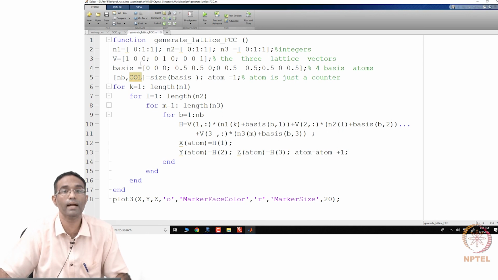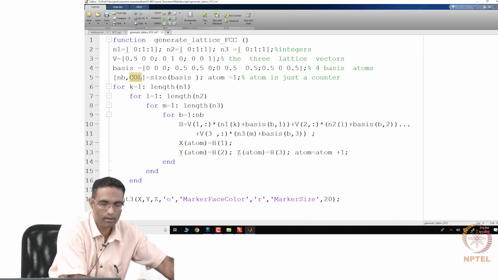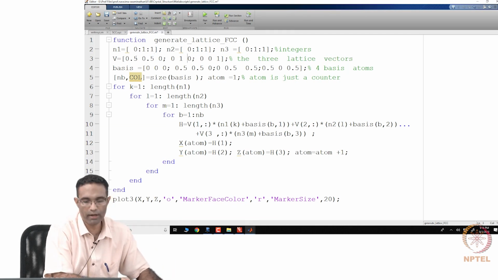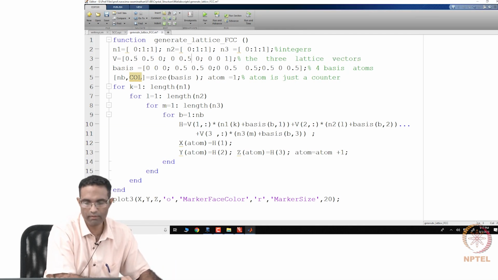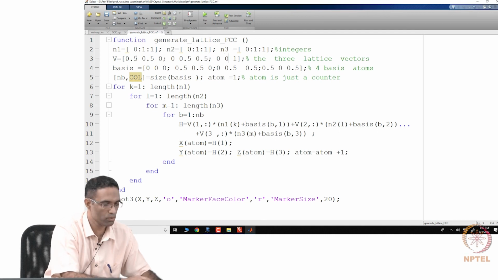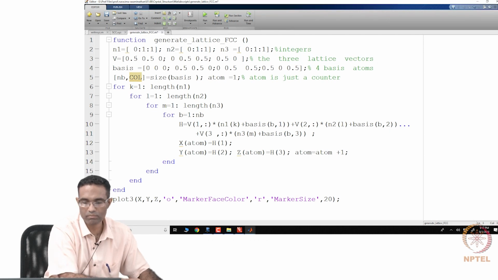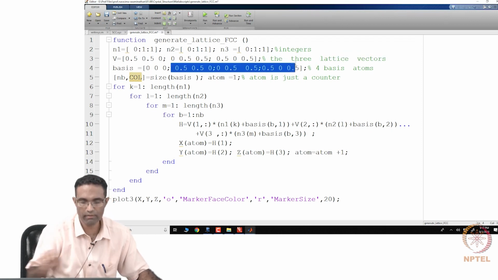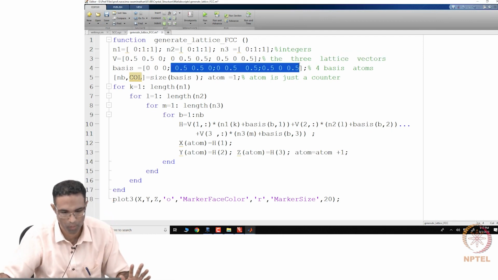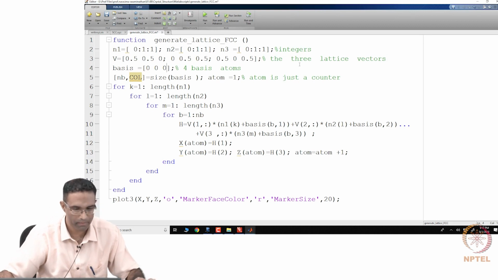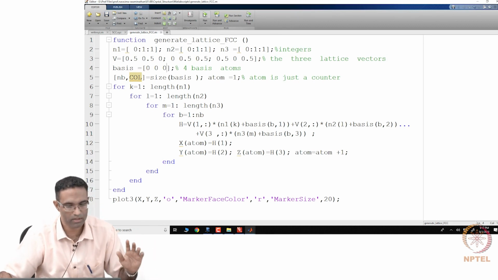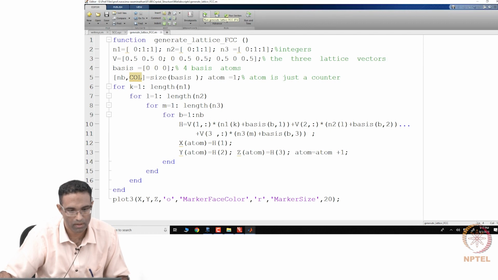What were the lattice vectors for the primitive? A0 by 2 (i plus j), right? So what I would do is, I would change this to 0.5, 0.5, then I would change this to 0.5, 0.5, and then the other combination 0.5, 0.5. Now there is no basis, right? There is only one basis, which is my 0, 0, 0, okay, but